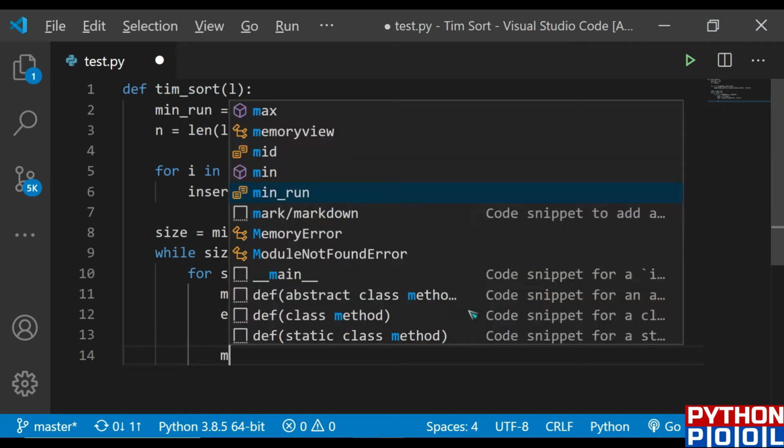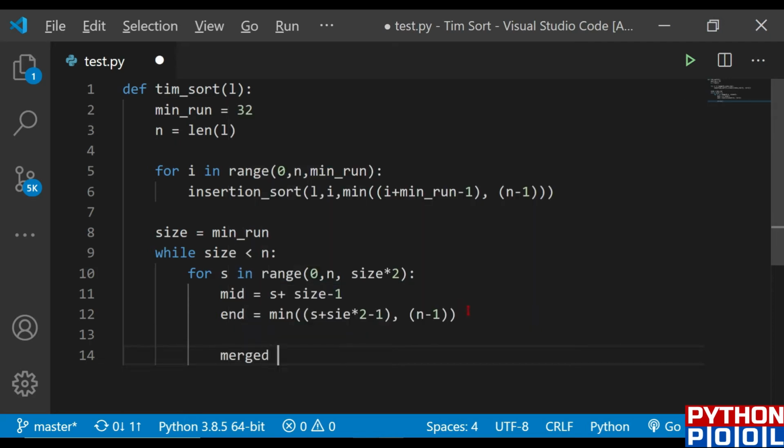Now I'll be defining the merged array. The merged array would be the result of the merge function, which is your assignment to do, and as the left argument I'll be passing the starting to mid part of the array. You know how to deal with the merge algorithm.